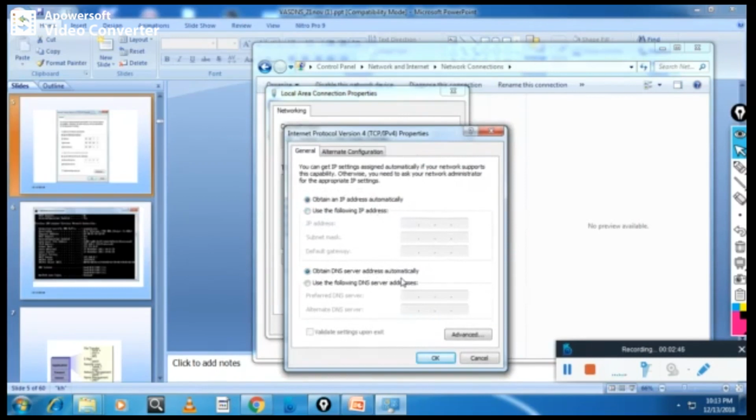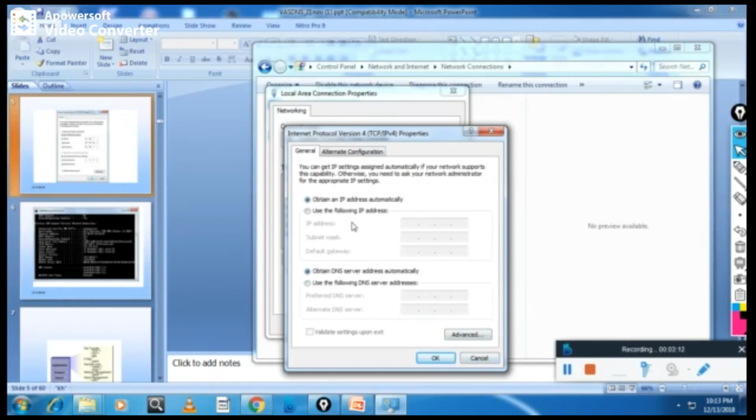Obtain DNS address automatically means my machine will try to get the address from the DHCP server hosted by my ISP. Along with the IP address, it will also try to get the default gateway for my machine, and the DNS server address that will resolve the name to IP.